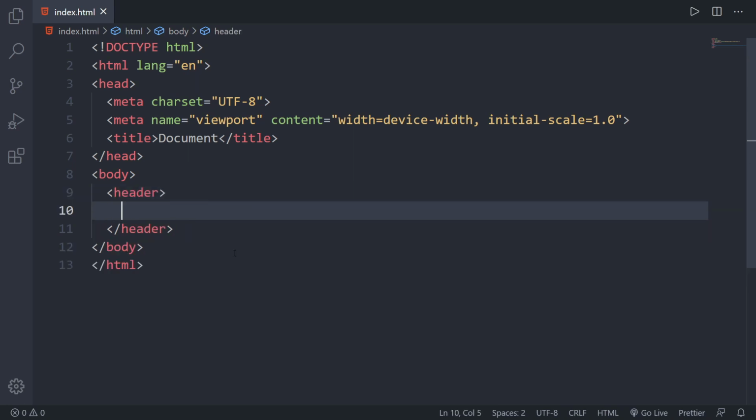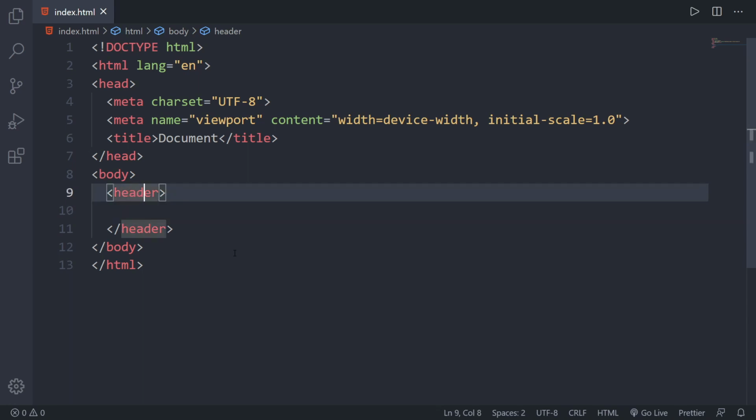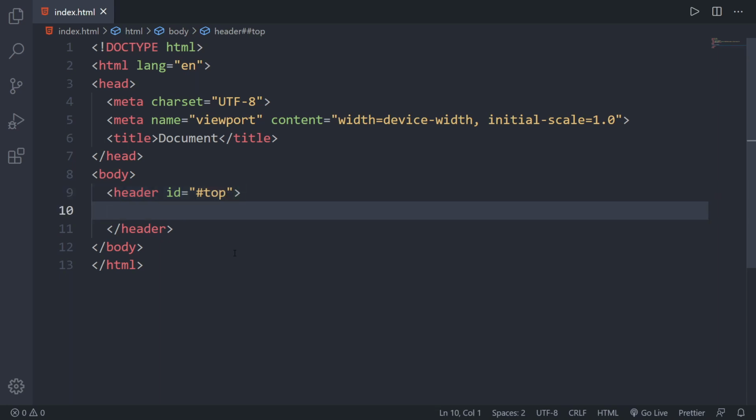So we are going to create a simple header, so that's why we are using a header tag. Okay, so it makes sense to use the header tag for a header, and we can just give it an id of top. We are going to use this id in two places, one in the CSS file and another inside our HTML to link a link. So basically we are just going to create a button which will just take us to the top of the page. So this is the top location, and that's why we are using an id.